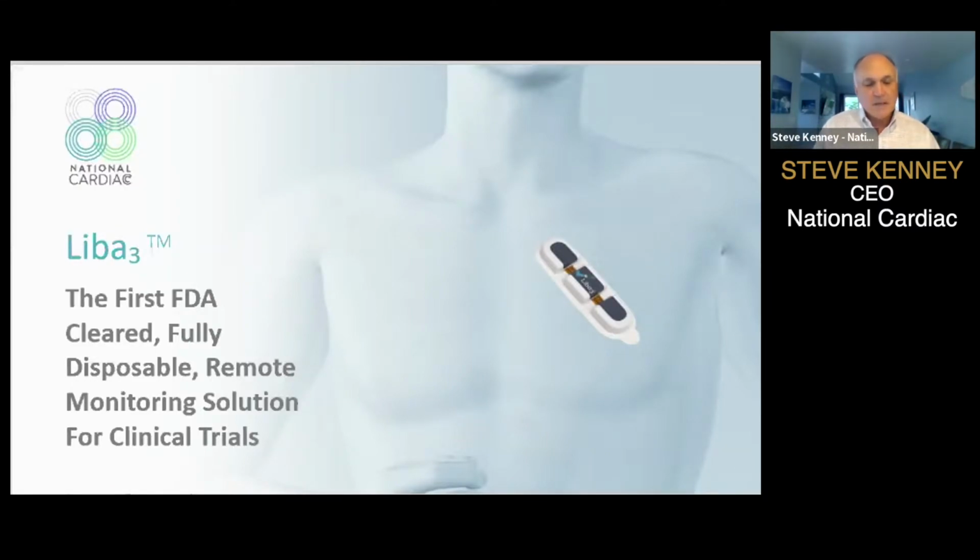the design, the lack of required patient interaction of the device, and the technically superior data collection the Libre 3 provides. The Libre 3 wearable biosensor is waterproof, easy to apply, and if a person can put on a Band-Aid, they can easily apply the Libre 3 patch. So patients can do it as well, easily. I'm going to show you the FDA-approved Libre 3 patch design, packaging, and ease of use after this very short